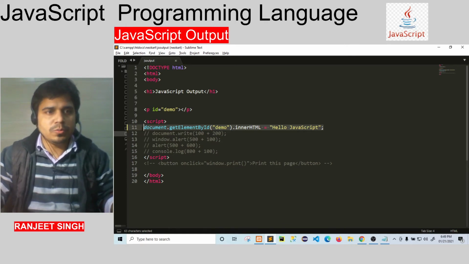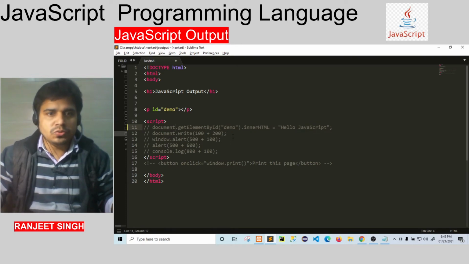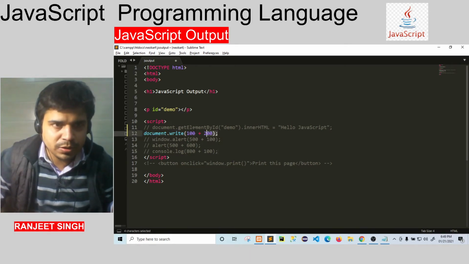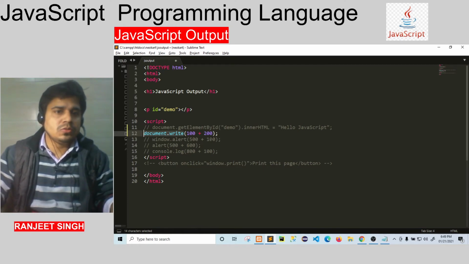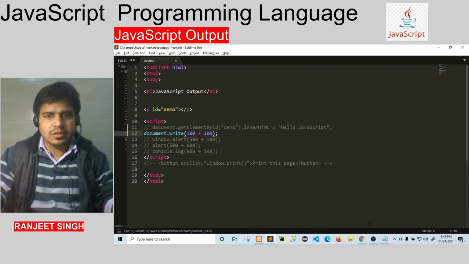Now comment this one and see the next one. This one, document.write, is basically used for testing purposes. According to this, the answer should be 100 plus 200, which is 300. Now save and run.